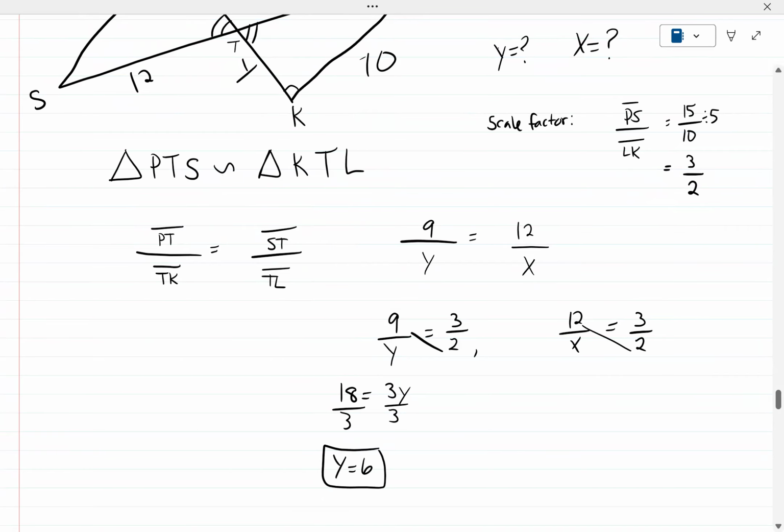Here, 12 times 2 is 24. We'll say 3 times X is 3X. Divide this by 3. X equals 8. Okay, so that's question 7. Let's move on to